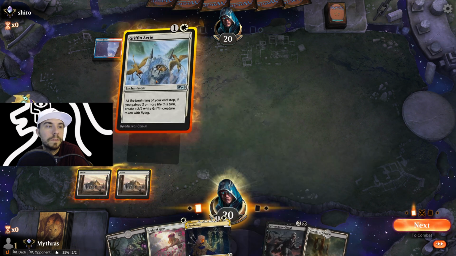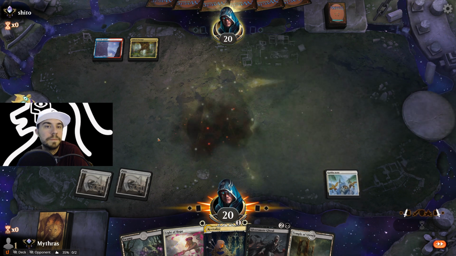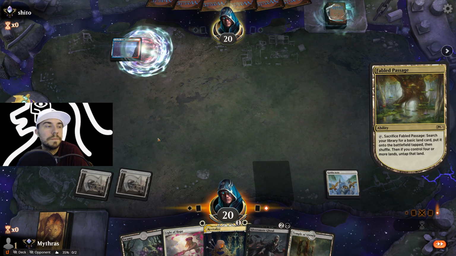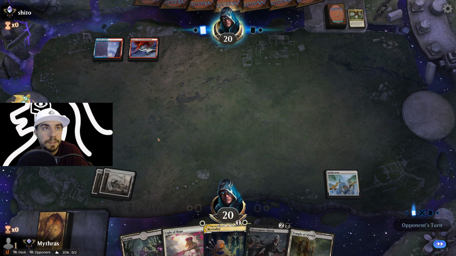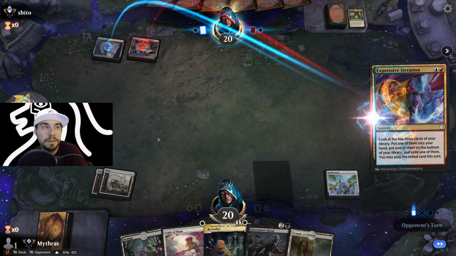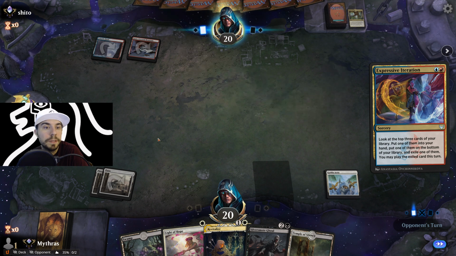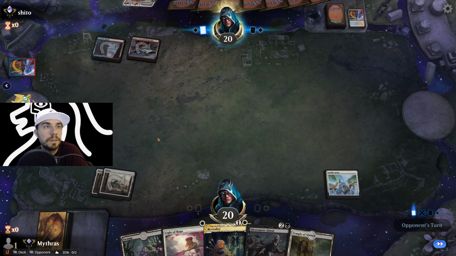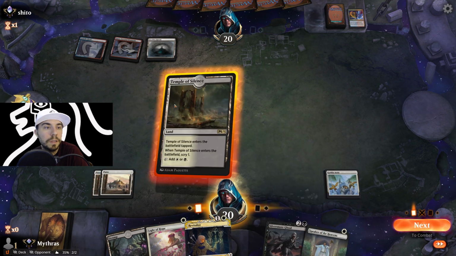We'll play that. We'll get Griffin on. What are we gonna get here? They got the Brazen Borrower again. Nope. All right. Good. Ideally, we can play Temple of Silence. Ooh. Yeah, let's do that. Let's do...